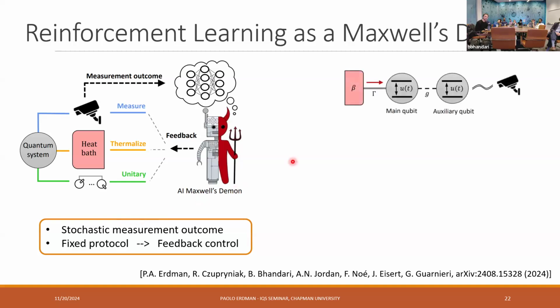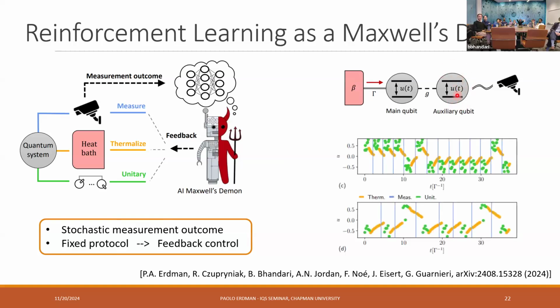And just as a very quick example, here we studied a 2-qubit device where we were measuring one of the 2 qubits. And we see here that the control that was applied as a function of time now has these kind of erratic jumps that you see from up to down. And the fact that we have these jumps is due to the fact that the measurement outcomes are stochastic. And based on the measurement outcome, the agent decides to apply a different control to the system.